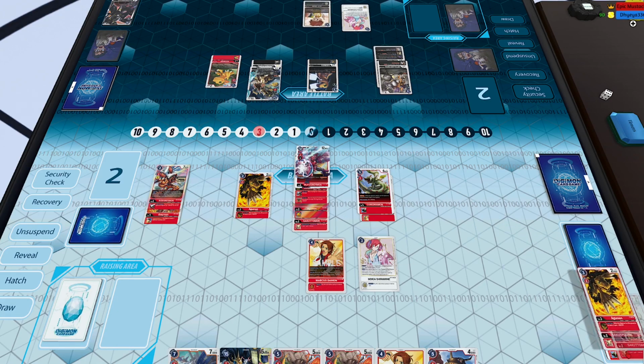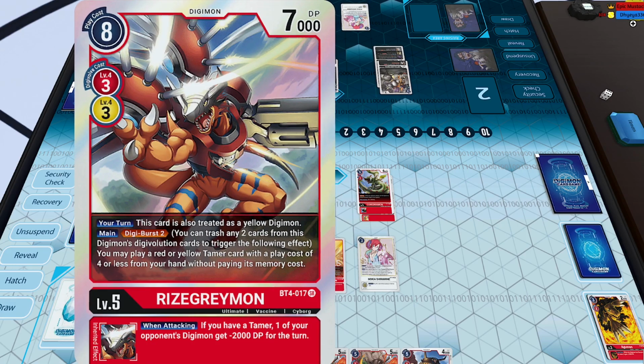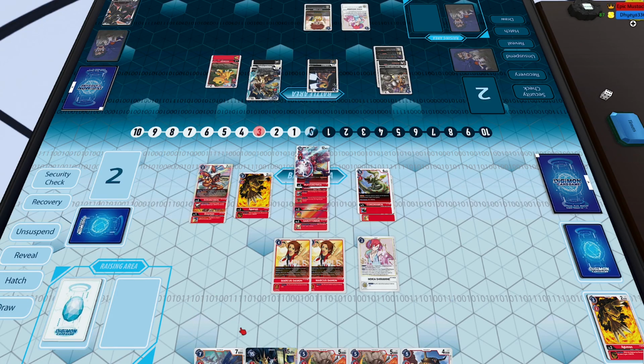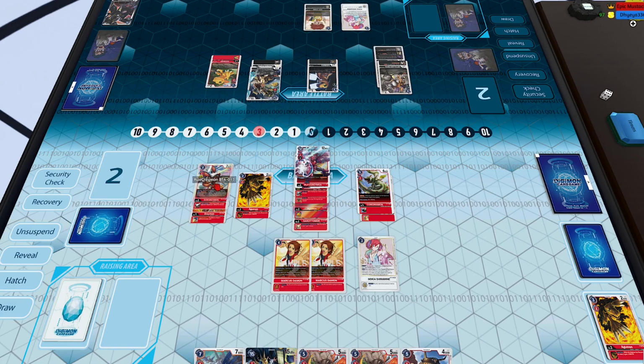Rise Greymon, that's the Great Legend Rise Greymon, has an amazing effect where you can Digiburst 2 and play any red or yellow Tamer, so I'm going to play another Marcus for free. And now I can just get a +2 memory every time one of my Greymons attacks. So I'm going to do that, and then probably going to go into Omnimon,